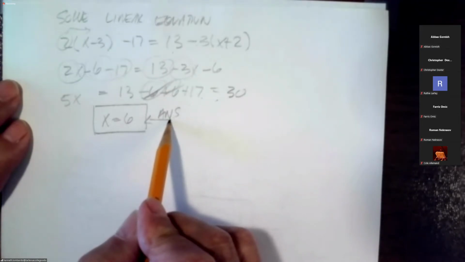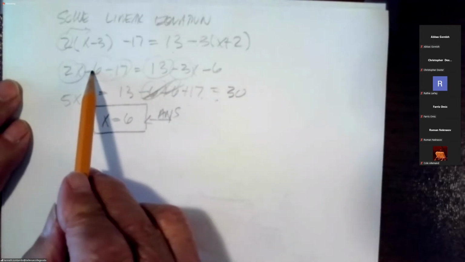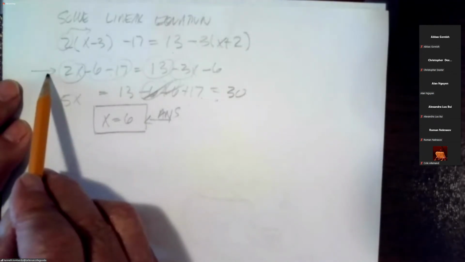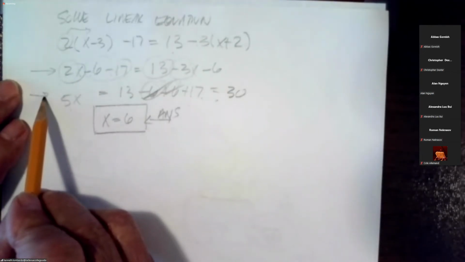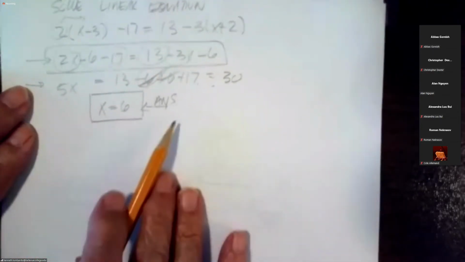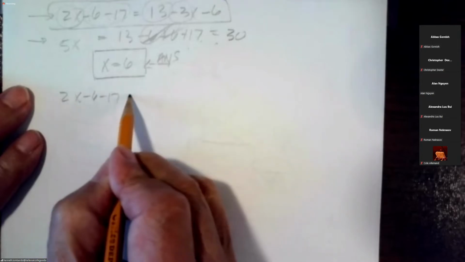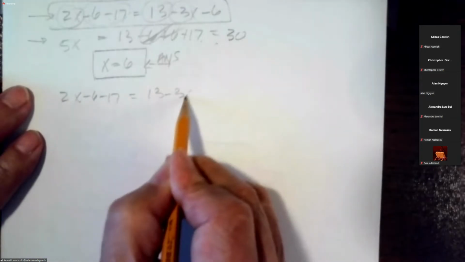Could you repeat that second part, the right side of the third one, the 13 area? There's minus 6 here. Could you describe that part more? All right, what we're doing is resolving 2x minus 6 minus 17 equals 13 minus 3x minus